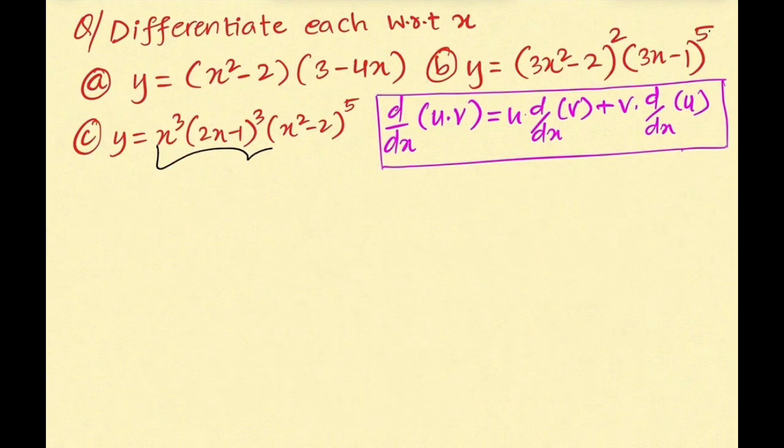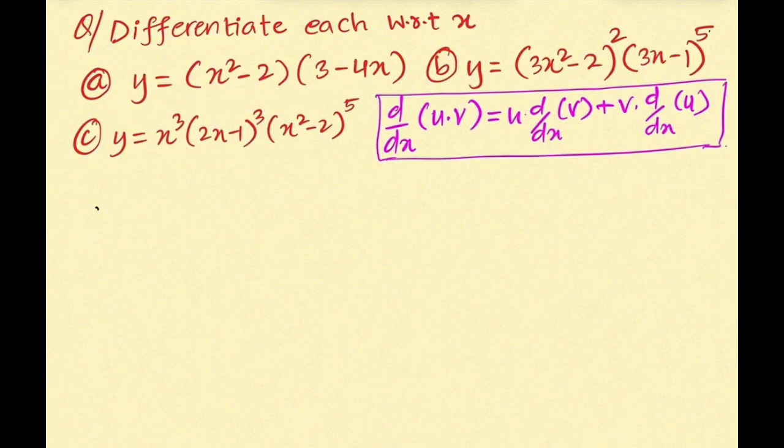Now let's look at this last part where 90% of the students get confused and end up with the wrong answer. Because in this case, you have 3 separate factors, but it follows the same product rule of differentiation. So dy over dx would be equal to,